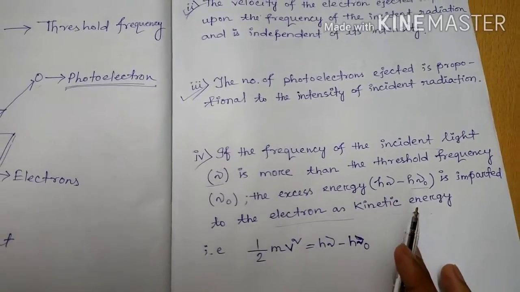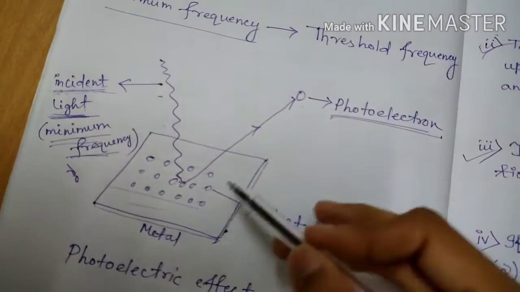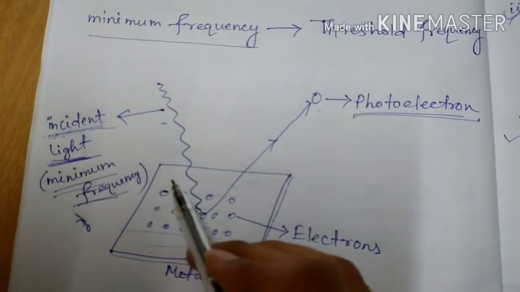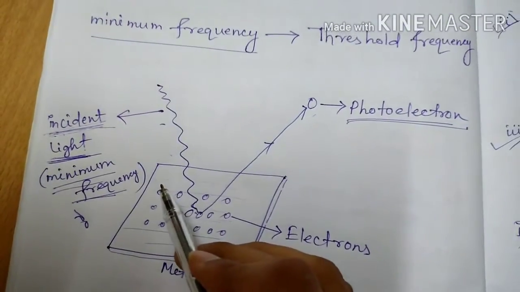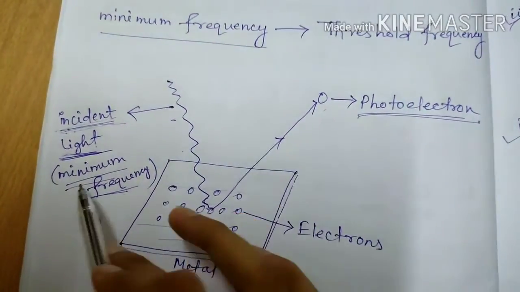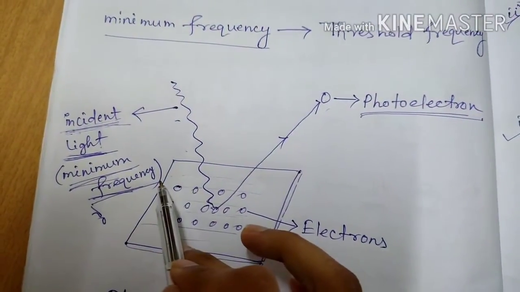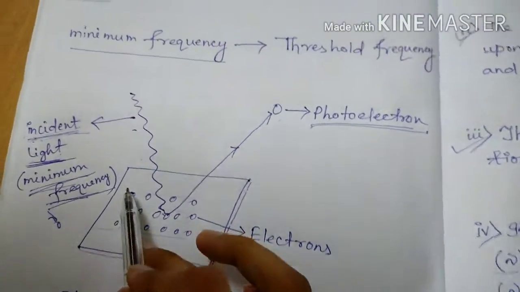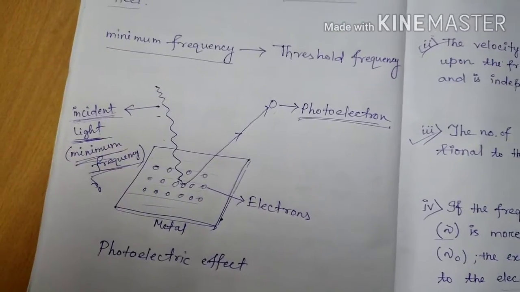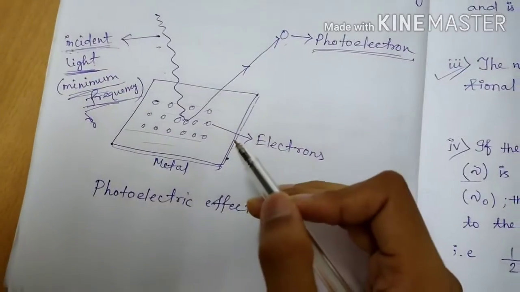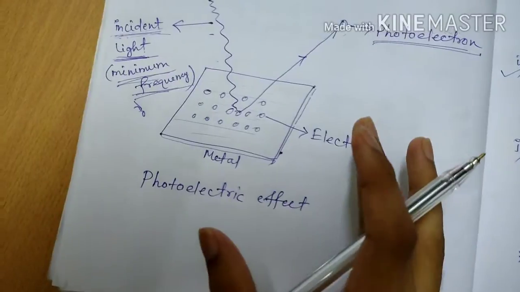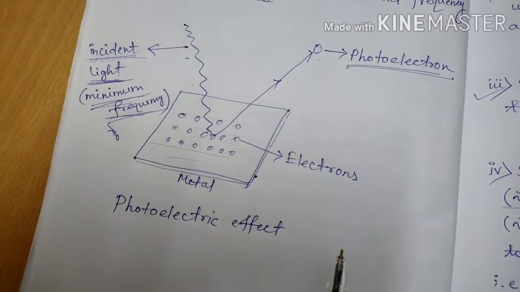Means if we apply an incident light of frequency greater than this minimum frequency, then the excess energy will be imparted to the electron as kinetic energy. Okay,